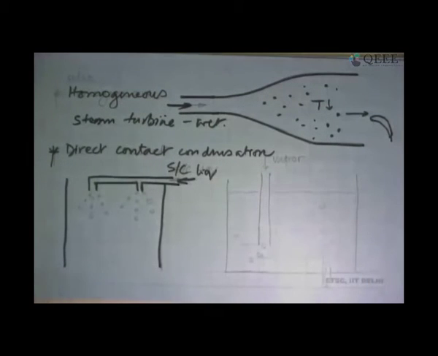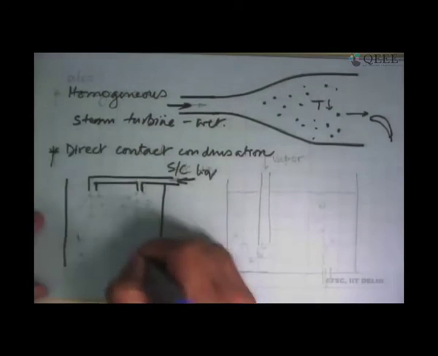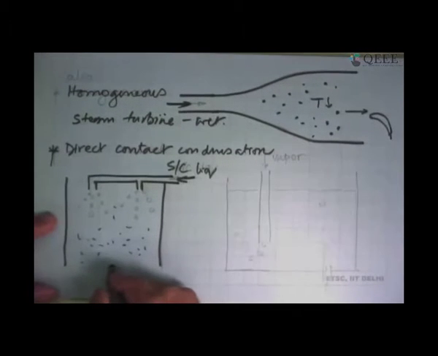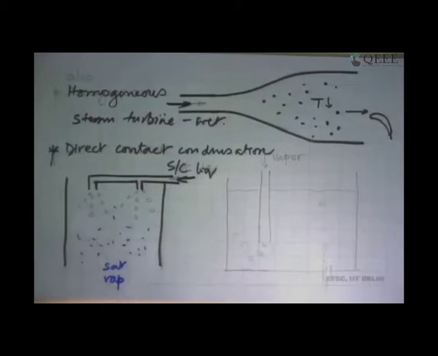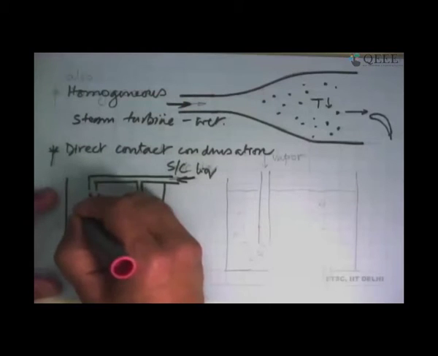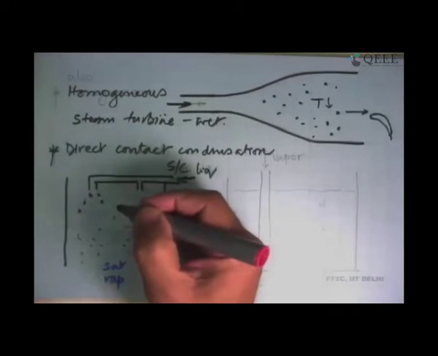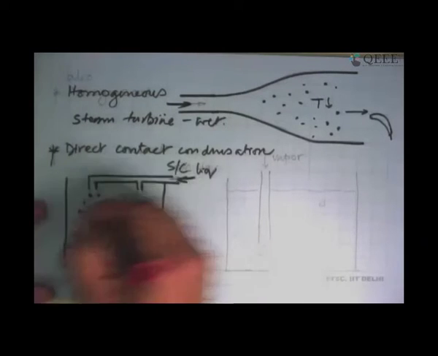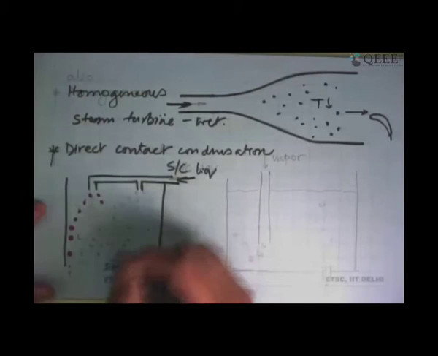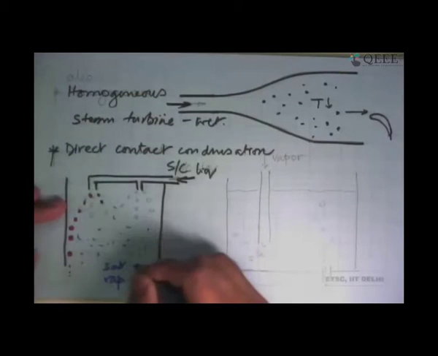And this chamber is getting, say, maybe flow coming this way. This has got here, say, saturated or slightly superheated vapor. And what we are doing is, as this subcooled liquid comes out, we spray it and it comes out as drops. These drops come in contact with this vapor. Locally on the drop surface, this vapor begins to condense. The drop keeps getting bigger and bigger, falls down, and that's how this vapor gets condensed.